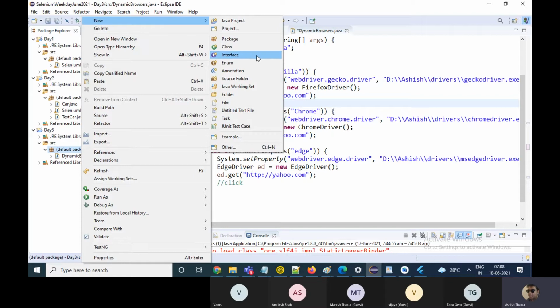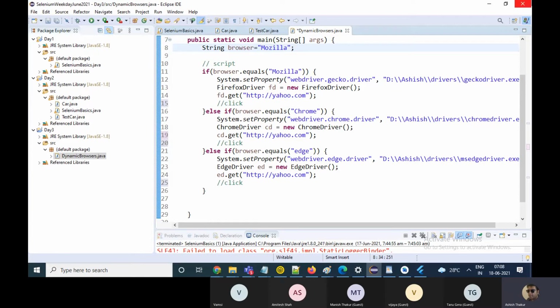Now, what is an interface? Interface is something which gives you an idea about the system, that what the system is all about. For example, you have Eclipse. This Eclipse is like an interface to you, which helps you to write the Java language code. But what it is actually doing behind the scenes, you do not know.